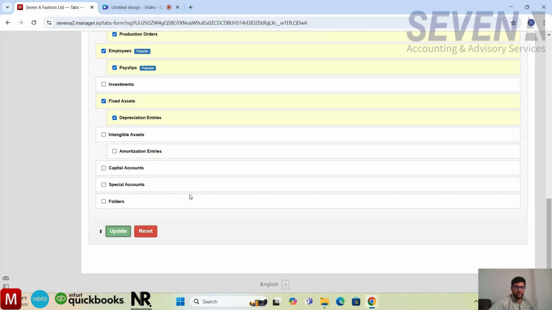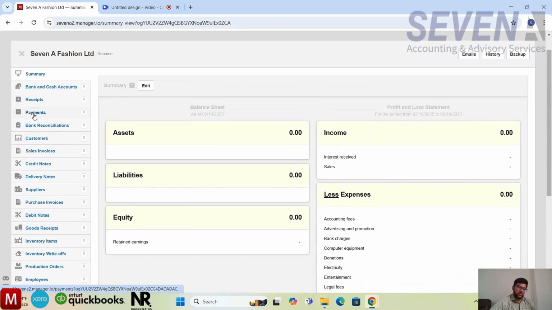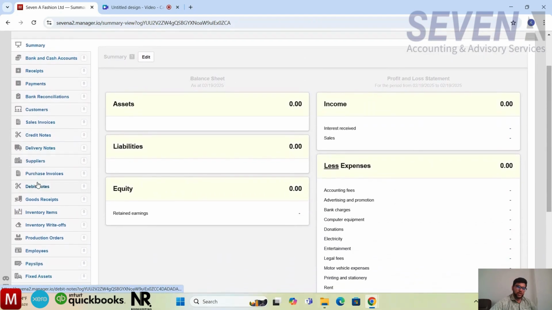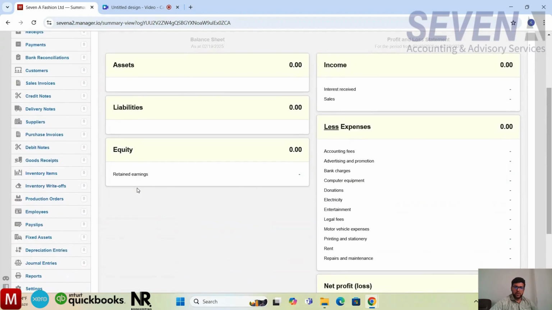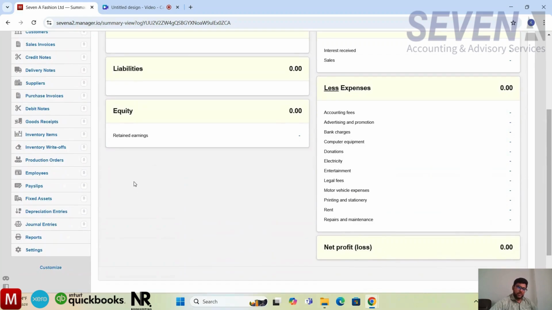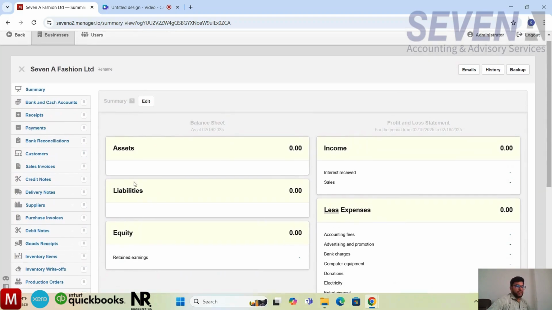and okay, update. There are so many options, as you can see. There are so many options you can use, and this is the total package of your accounting solution. These are the features you have to use to record your business transactions. Let's say bank, cash and bank, you can see the payment and receive. When you receive anything, you will use the receive tab. When you pay something to your supplier or for any business expense, you will use this tab,